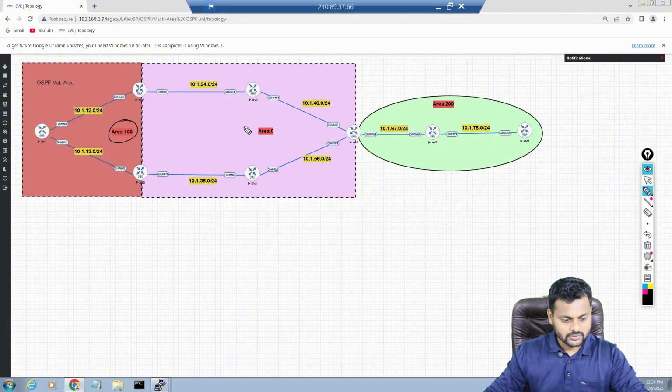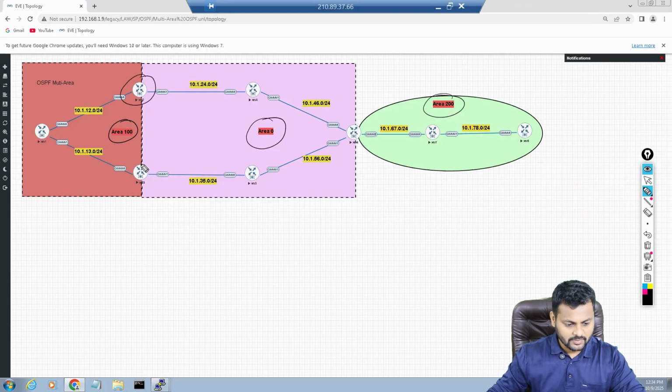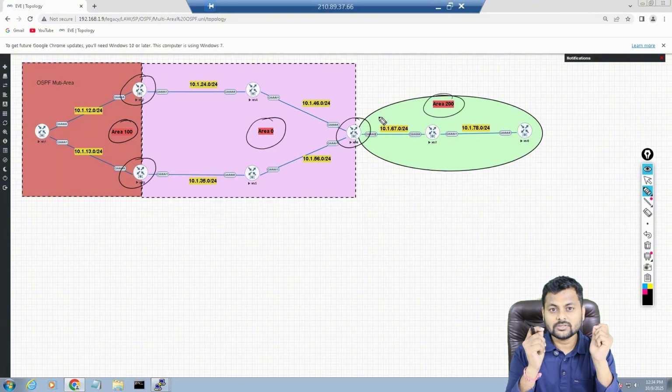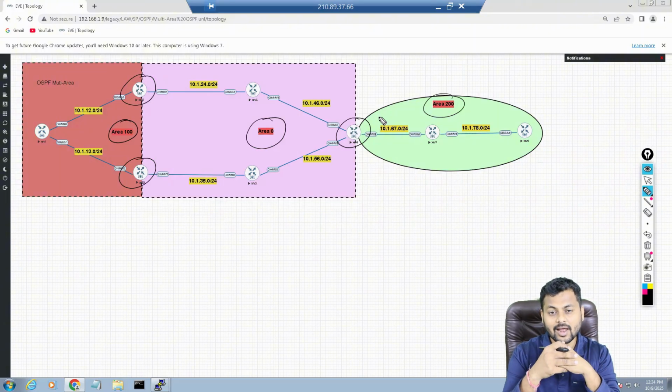So area 100 was there, area 20, and area 200. As per this topology, router number 2 is my ABR router, router 3 is my ABR, and router 6 is also my ABR router. So what is the simple definition of an ABR? A router that provides connectivity between two different areas. At least one interface of that router must belong to area 0, or we can call it the backbone